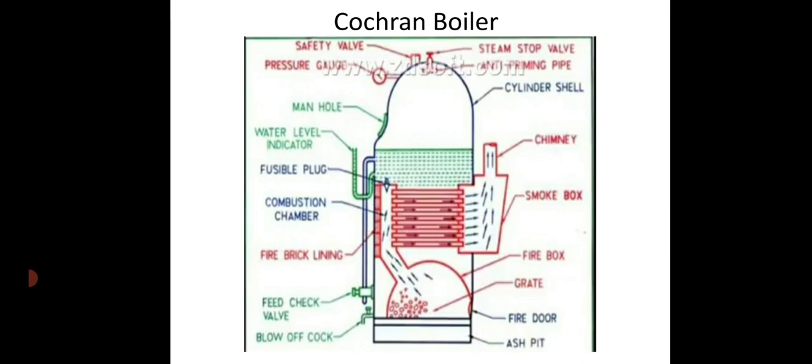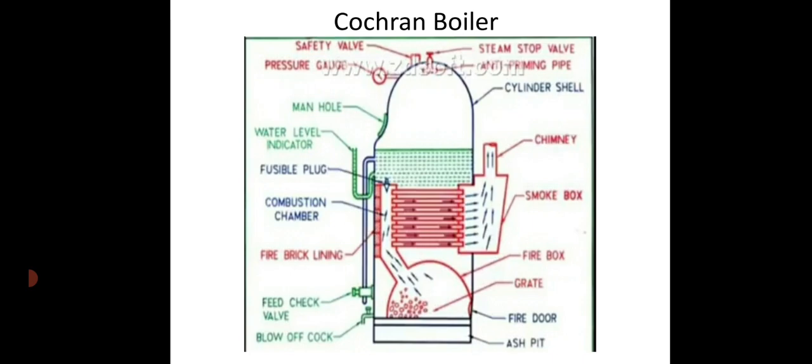The amount of waste gases leaving the chimney is controlled by means of a damper manually. When the damper is partially closed, the amount of waste gases leaving the chimney will be reduced. Due to this action of the damper, the amount of air entering the grate will also be reduced. Only limited fuel can be burned and the amount of steam generated also will be reduced. Thus, the damper controls the rate of steam generated.